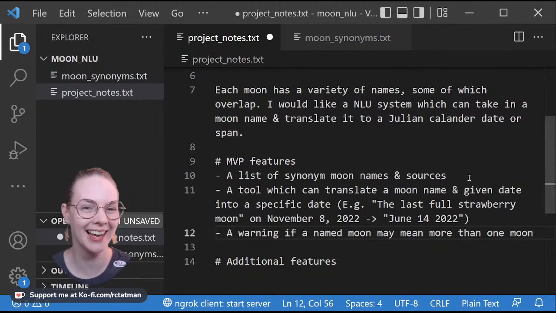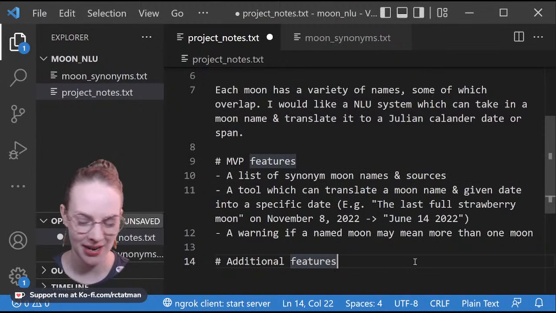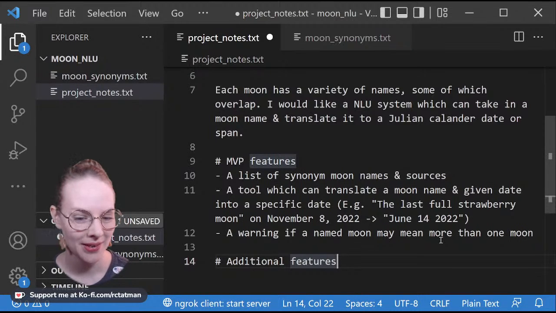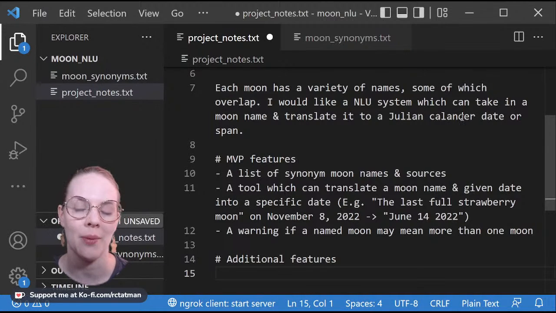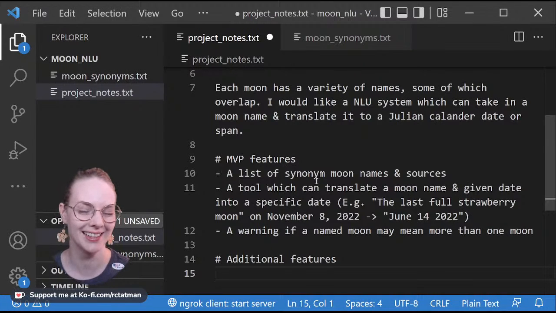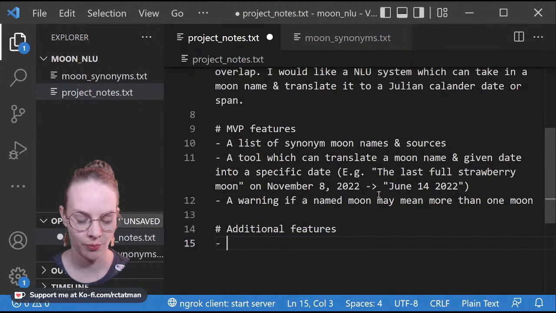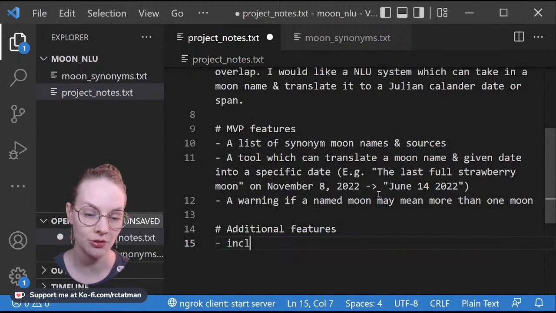Very niche. Very niche. If someone else has done an NLU project on this, I don't know about it. I think this is kind of like a me problem, but that's okay. I can solve a me problem. And, you know, I'm always talking about how I prefer more specific language projects. Well, guess what? This one is specific. Pretty specific to me. So additional features that could be interesting include the moon phases.